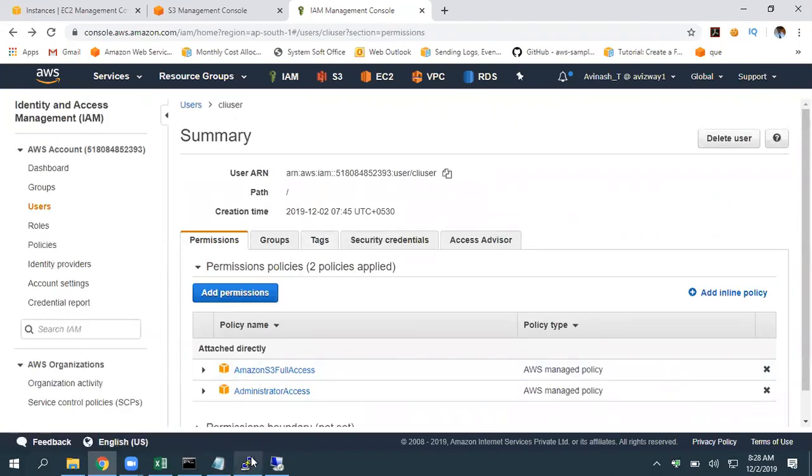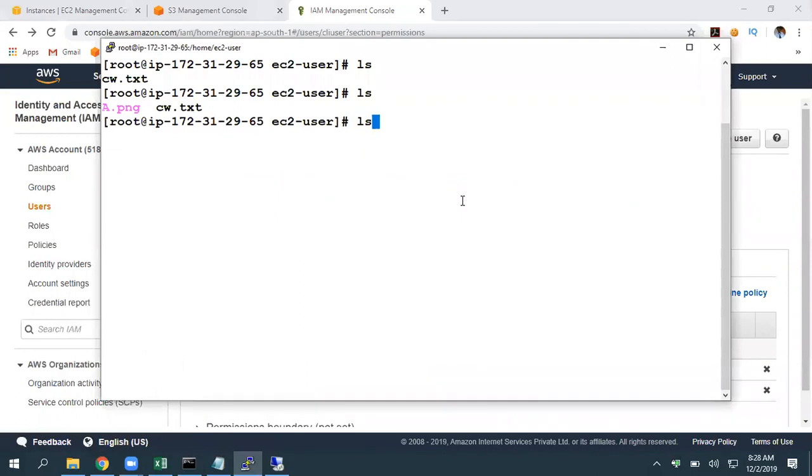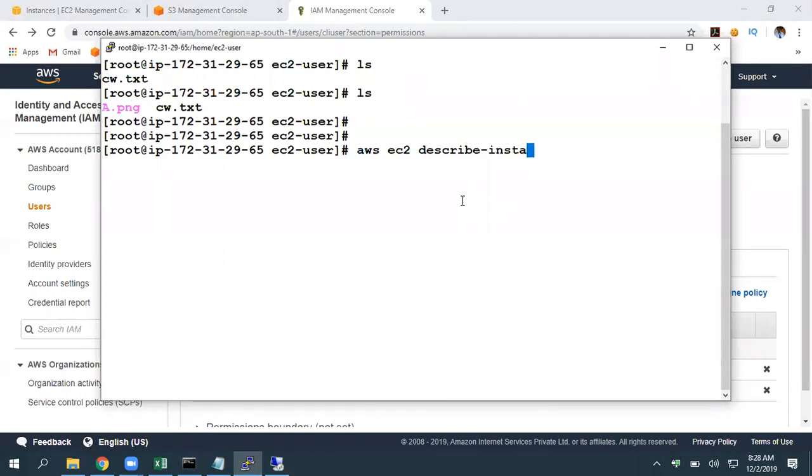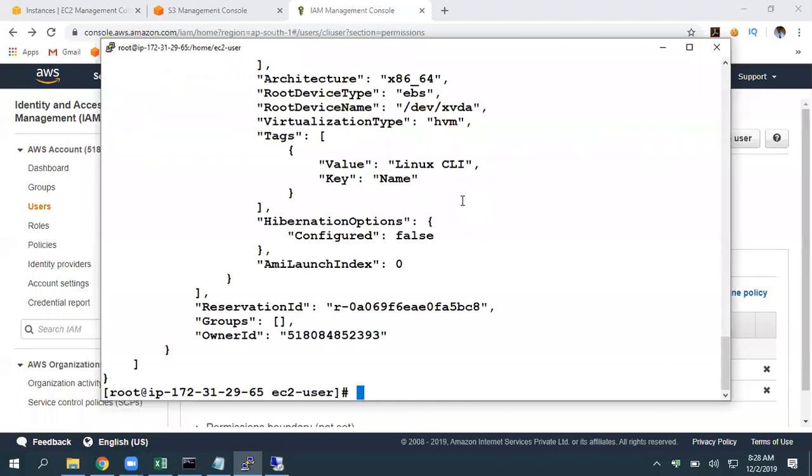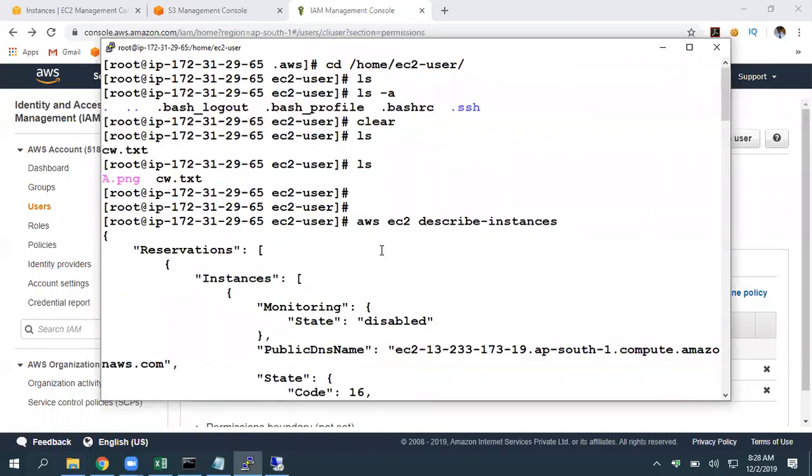Now, whenever we run this command, aws ec2 describe-instances, we are able to get information about our running EC2 instance.